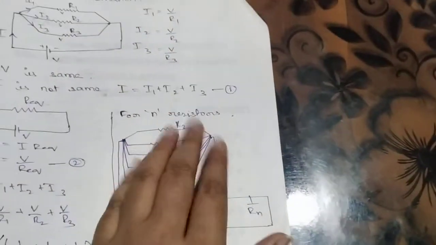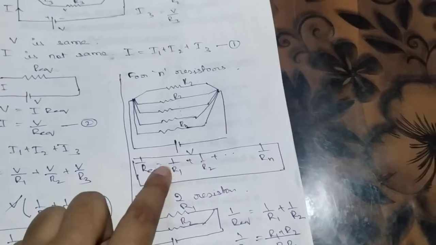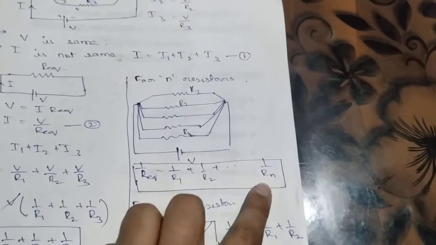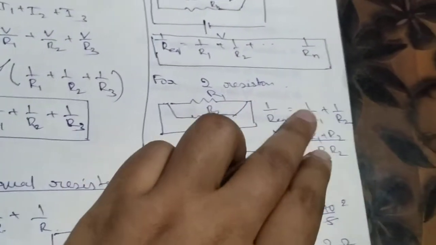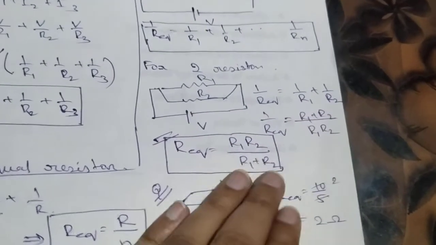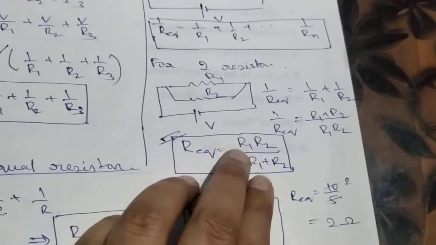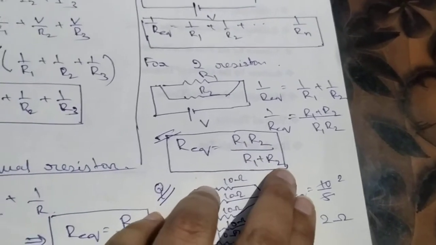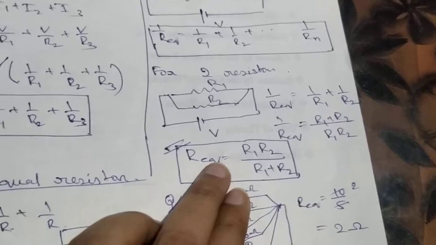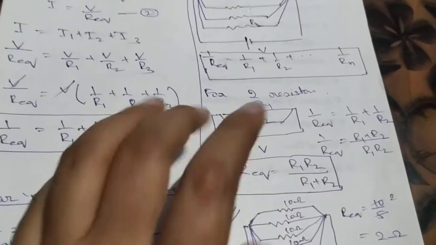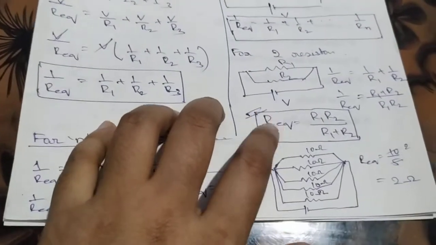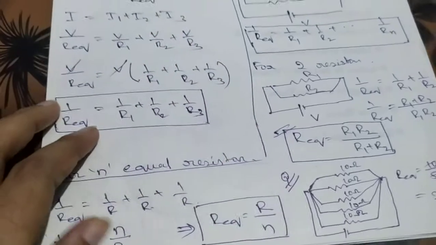Now suppose there are n resistors. Then for n resistors, what will be the value? 1 by R1 plus 1 by R2 plus like this till 1 by Rn. Now suppose there are only two resistors. This is a shortcut method, we can remember it always. So suppose there are only two resistors, then 1 by Req is equal to 1 by R1 plus 1 by R2. Taking the LCM, we will get the formula Req is equal to R1 into R2 by R1 plus R2. This type of direct question of 1 or 2 marks comes in exam, so we must remember it. Sometimes a derivation is also asked and one small question will be attached to it. So we can directly remember this formula and solve it within a few seconds.